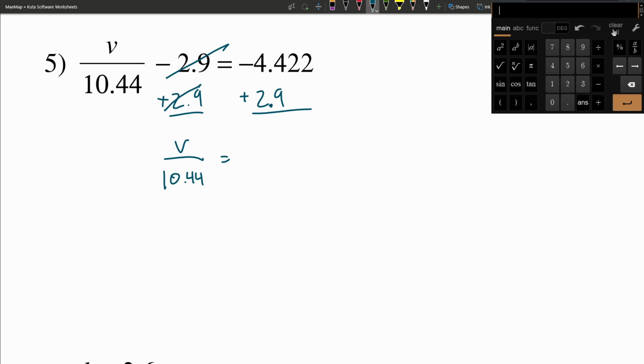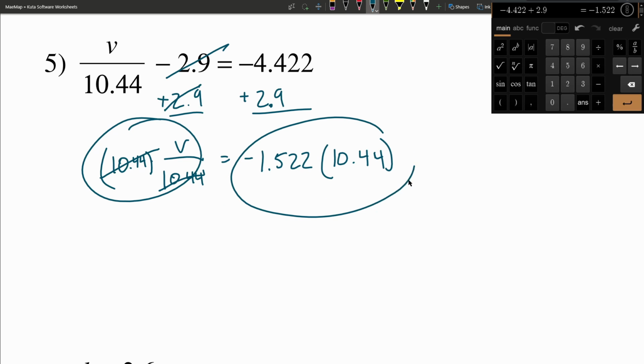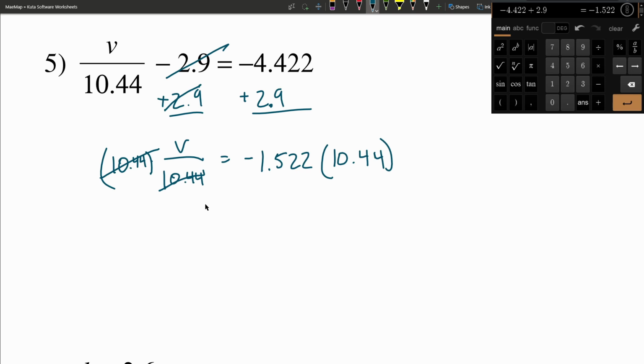So doing this out on our calculator, adding those together, we're going to get negative 1.522. Now, last step, in order to isolate v, just multiply by 10.44, and we're going to do so on both sides of our equation, because whatever we do to the left-hand side, we do to the right-hand side. Why is that? Because it's an equality. We're saying that this side is equal to this side. So whenever we do something to one side, we have to do it to the other,